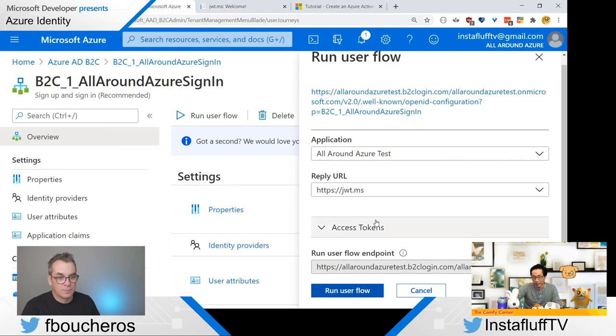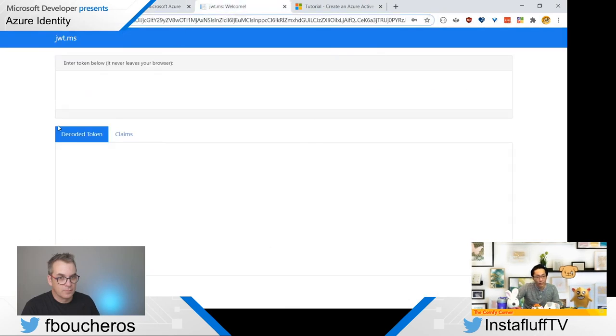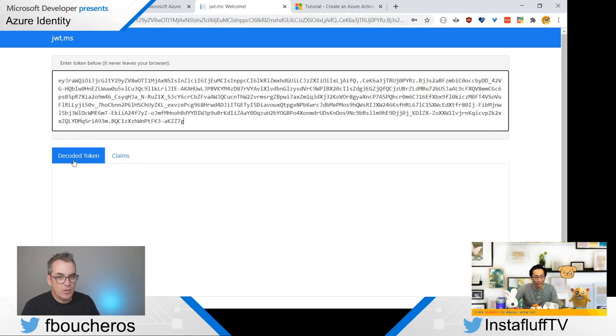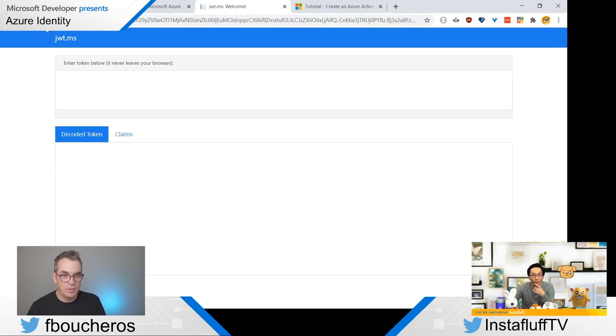I think I need to put in a couple of things. Let's see, decoded token. I have to enter the token below. I wonder if I can just put this in there. Did it work? I think it was not all of it. Because at one point the character was a dot, and I think your Control A or whatever you did. Oops. Decode token. Okay, you got it. Maybe it was just an illusion. I had the impression you didn't select everything. Maybe I did. I think I did.